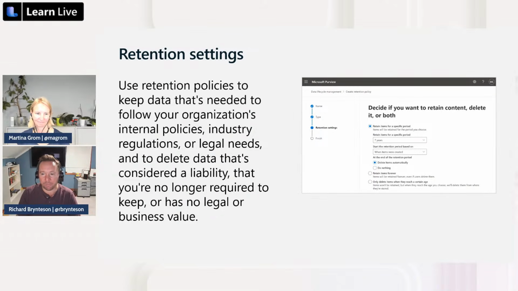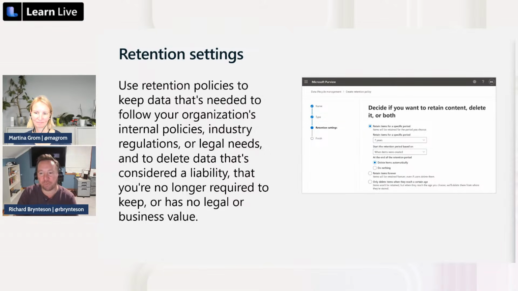And we'll talk a little bit more later on about what happens when those items come into conflict with one another, because I could have a policy on one team or globally that has a retention, and maybe on a team I might have a delete policy on a different one. So what happens when those intersect with one another, and how do we deal with that intersection? It's just important to remember, right? Retention is like we're retaining it. Deletion is like it's gone. And once it's out of the retention period, you're not getting it back, kind of thought process. So you've got to be careful what you're doing here.